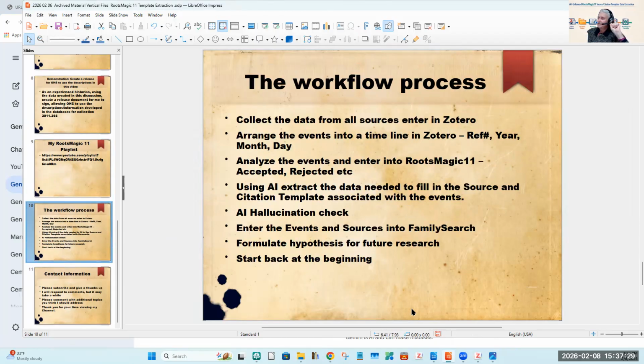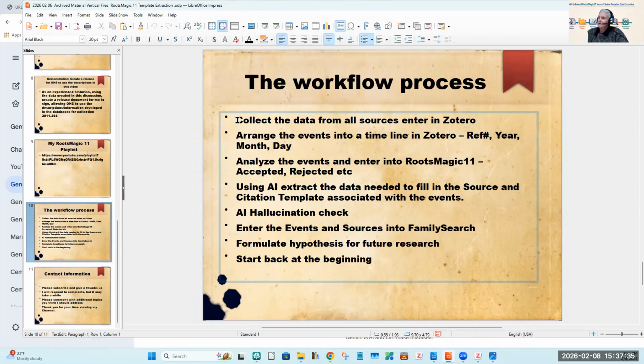Just to refresh, we have been going through the workflow process, my workflow process anyway. First thing to do is I collect all the sources into Zotero. Then I arrange the events by timeline. I put the reference number in the front, and you've seen plenty of examples of that today: year, month, day. Then I analyze and I accept or reject it.